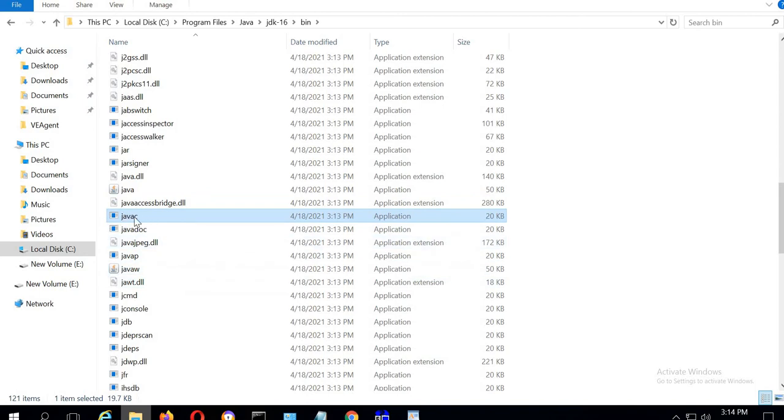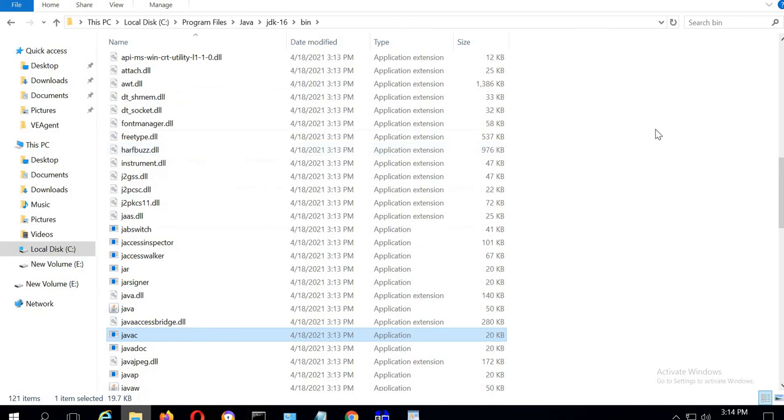Javac is basically for compilation, and Java is the interpreter. All these are there in this bin folder. That's the reason why we need to set up the environment path. Whenever you are running a Java program, though your system has Java, your program won't know at what place in your operating system Java is kept. So you need to explicitly define the environment path variables.